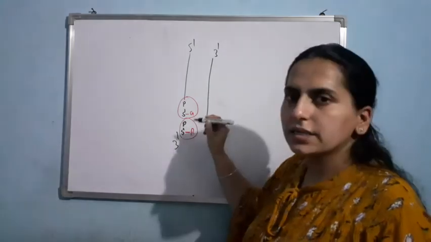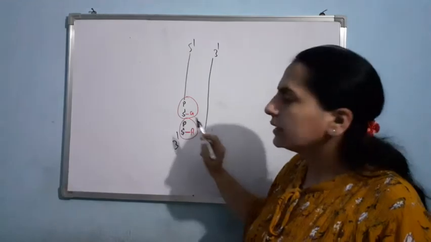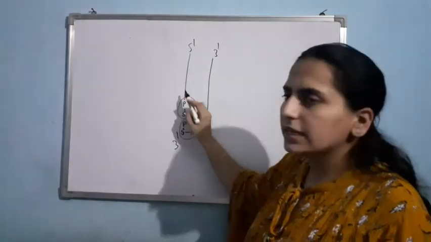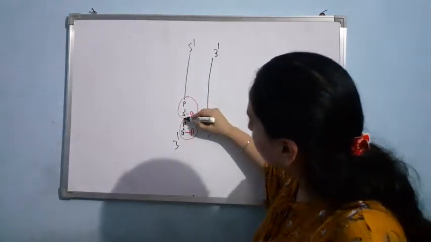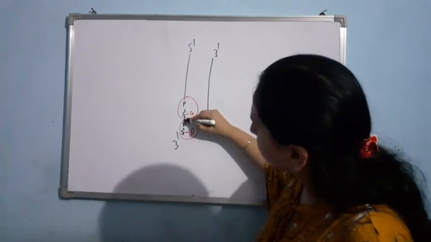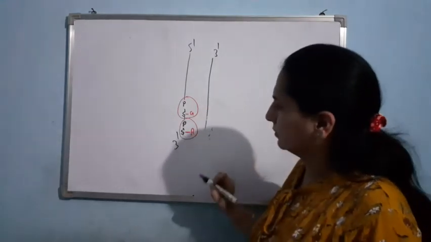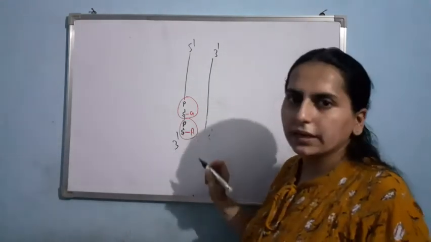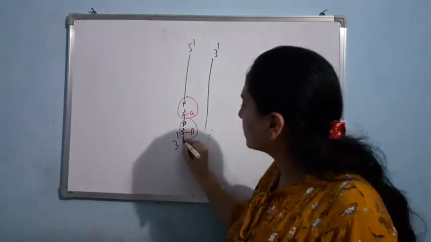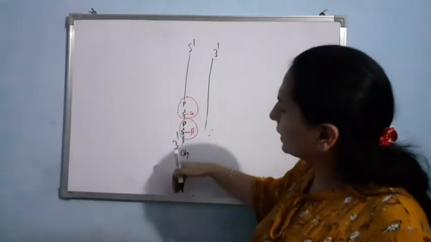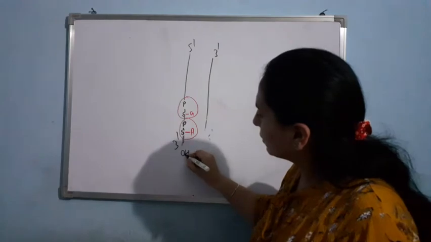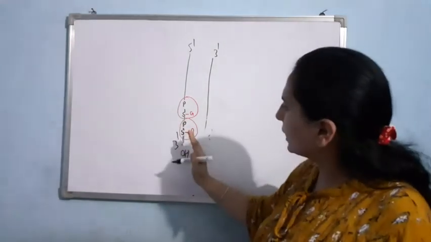The bond is present between the 5' end and the 3' end of the next sugar, like this. Now if you will see here, the phosphate group is being attached, but the OH group is free. As at the last, the OH group is free. Now let me move ahead.